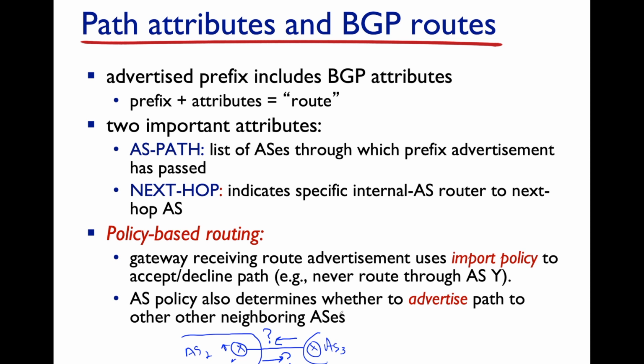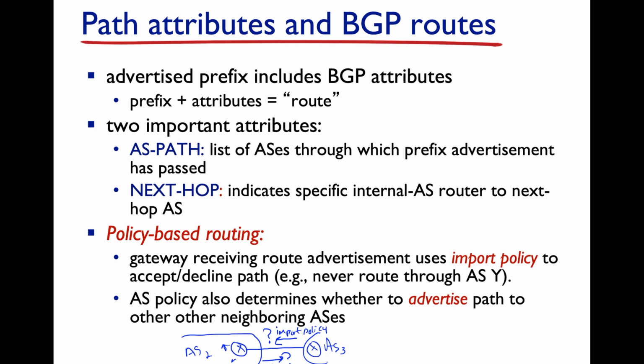It can refuse to propagate those advertisements to AS3. And so policy-based routing says that a gateway can either import an advertised route, or it can export or refuse to export an advertised route. So the gateway receiving route advertisements uses a so-called import policy to either accept or decline advertisements on the inbound side. So that's the import policy. Okay. And the policy also determines whether or not it's going to advertise a path. So this is the advertisement of the path. You could call it, if you wanted to, an export